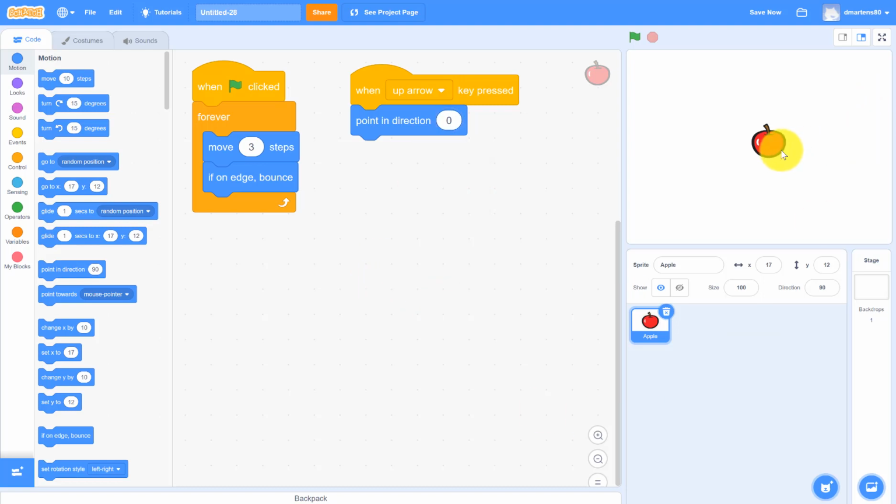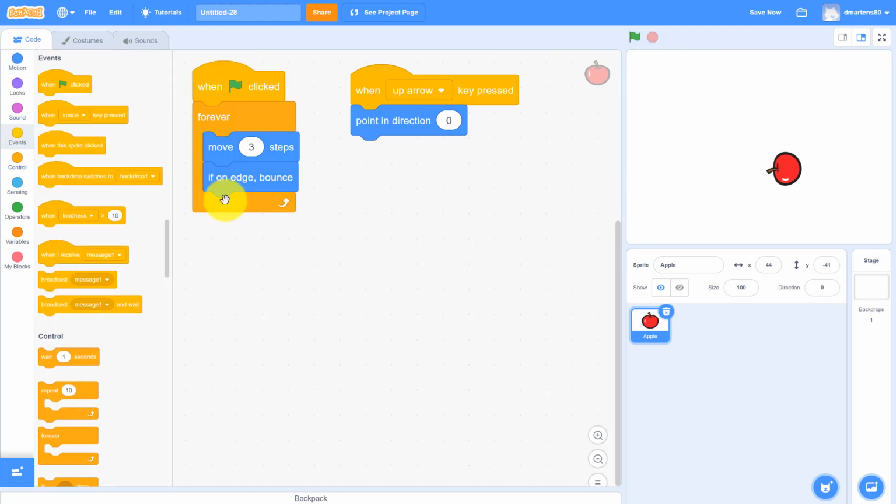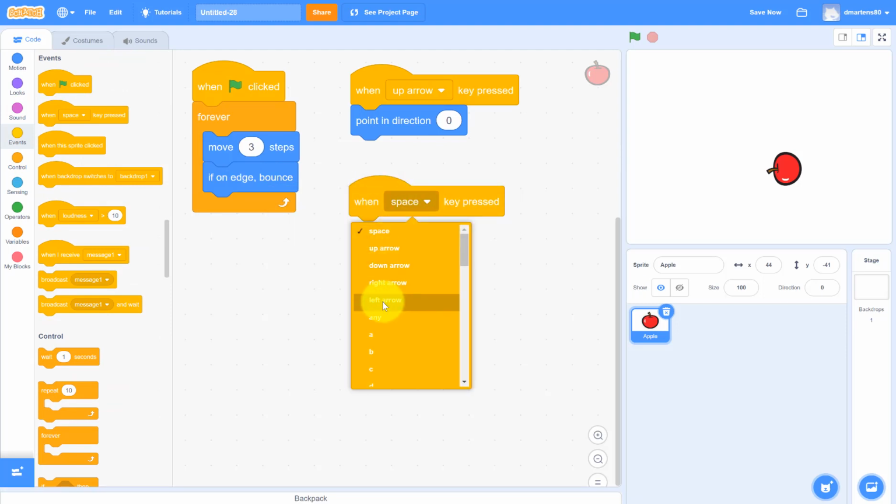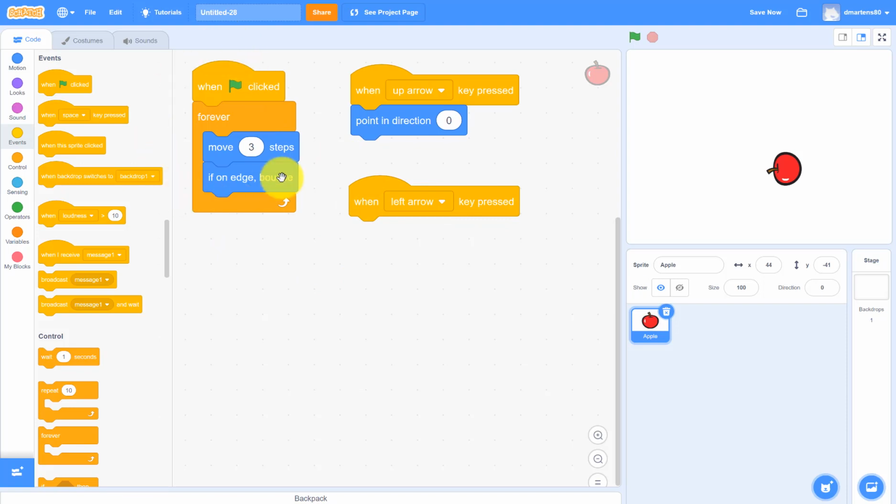So let me just show you how this works. When I press the green flag, he'll keep moving forward, and pressing up won't deactivate that. But what will happen is when I press up, he starts moving up and forward forever. Okay, so you can imagine, I'll just show you one more control and you can do the rest of them. I'm just going to say, okay, well now, when I press the left arrow, what do I want him to do? Well, he's going to be moving forward,